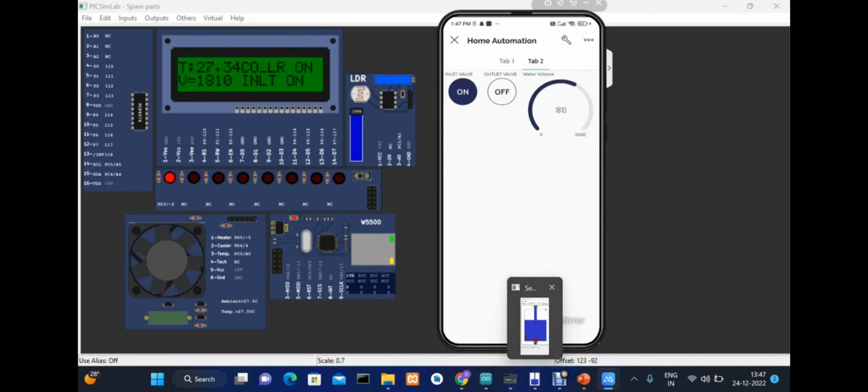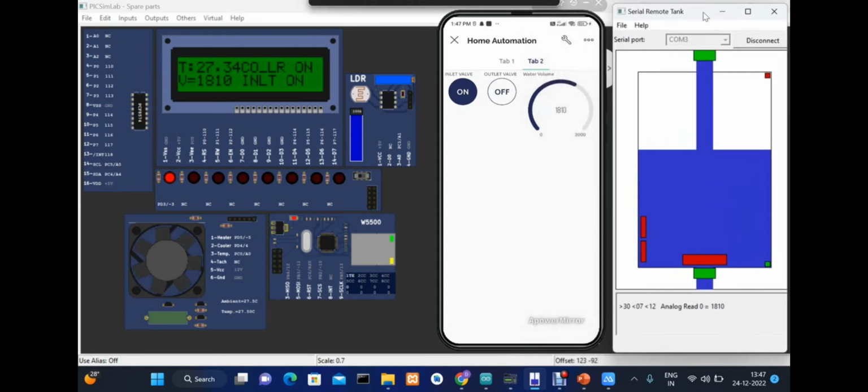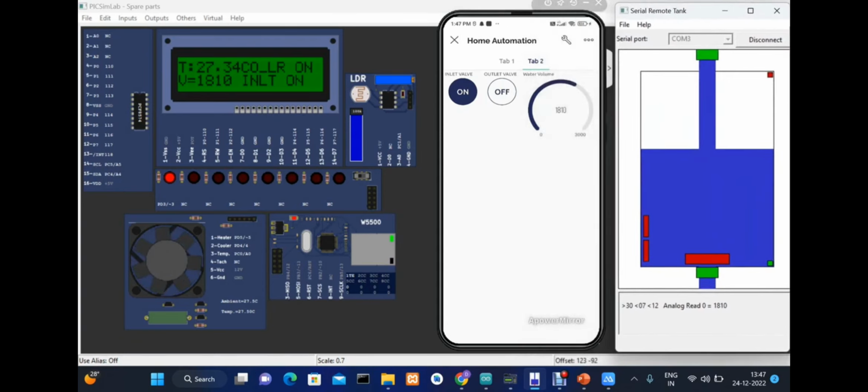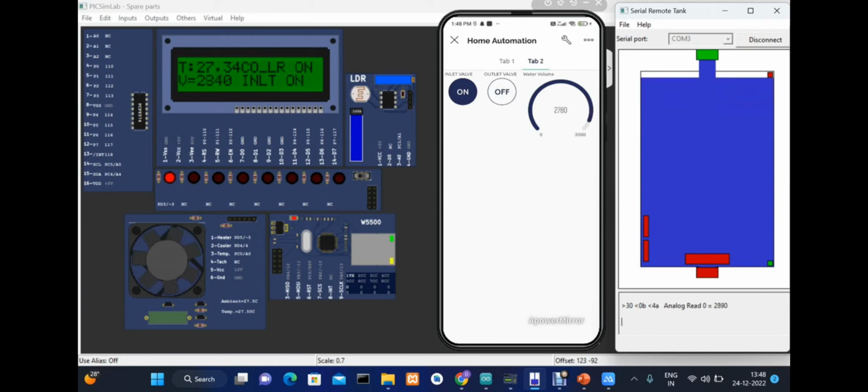We will use a serial remote tank for the display of the water tank. So here the inlet valve is off, the same we can see here that the inlet valve is off, and the volume is 2130 liters, which is the same we can see over here, 2130 liters. When I turn on the inlet valve, the volume of water in the tank increases, which we can see in the readings over here as well as the gauge and here in the LCD. When it reaches 3000, the inlet valve automatically turns off, which is the second objective of our project,